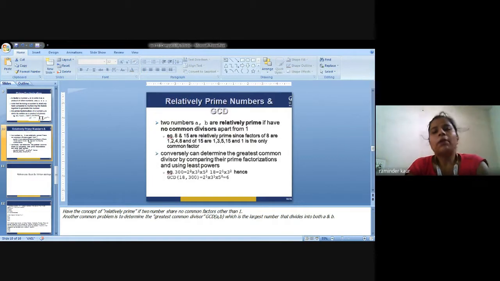So this was all about your number theory for today's lecture. You can have a look at all these slides that I have discussed so far. If you could not understand anything, please let me know. I am giving you the time of 1 minute. Just have a look at all these slides that I have discussed so far.